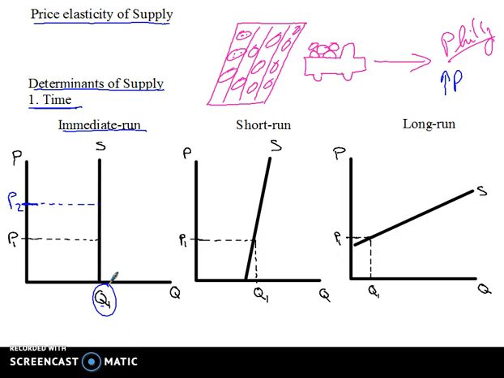You see, he can't increase his quantity supplied because he just doesn't have enough time to bring more watermelons to market. And so that time is the key. The price goes up, and he does not have time to bring more watermelon to market. Now, what he could do, let's say the price continues to stay high, what he could do is at 8